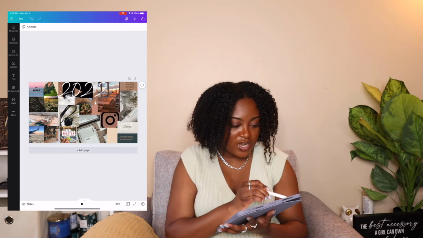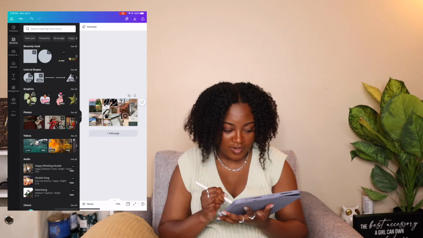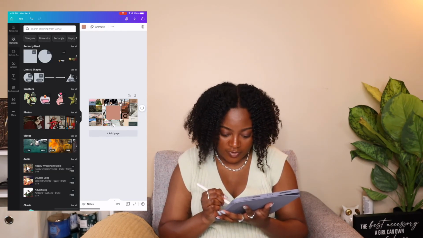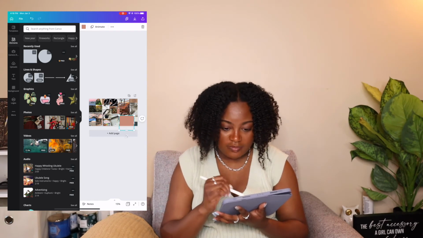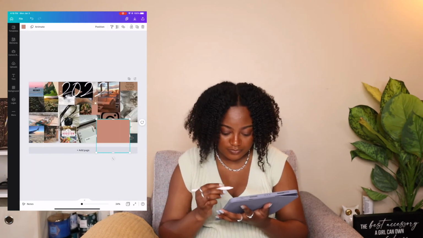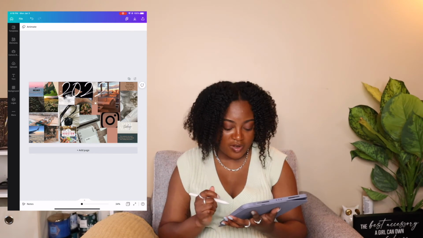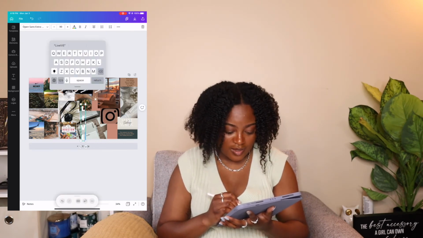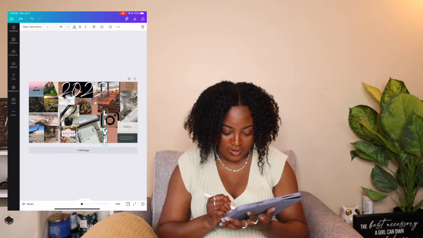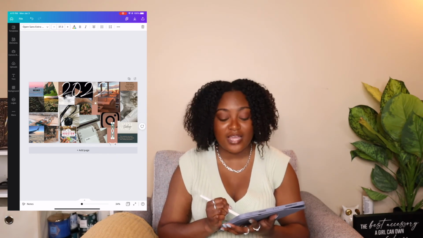And then I'm going to do another square. I'm going to put it in this bottom right corner, and then I'm going to send it to the back. And that is perfect. So I'm putting this live. I'm going to make it a little bit smaller, or live. I'm tripping. I said live. Live